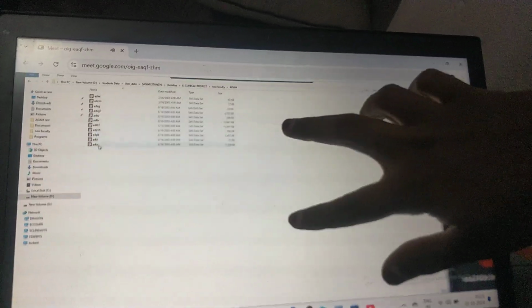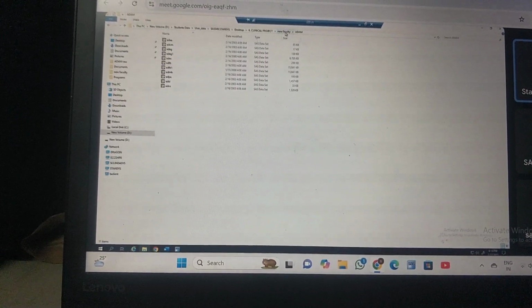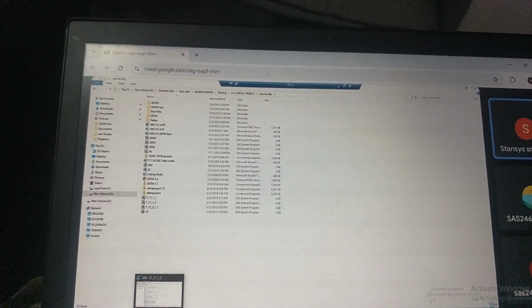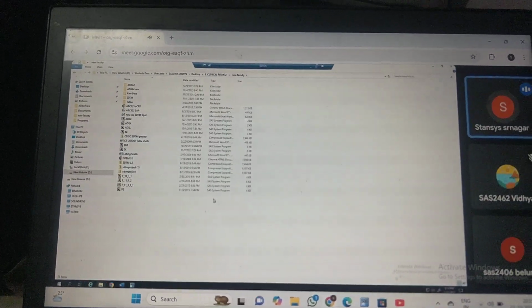Okay. We don't have the data set to program it actually. That's only to make an idea on the ADDS dataset available in the